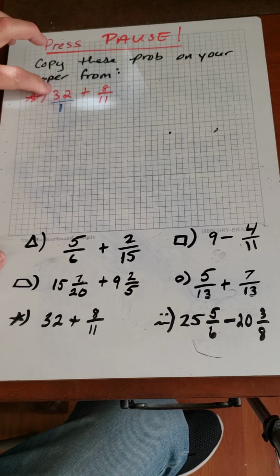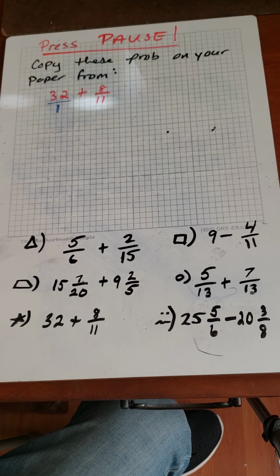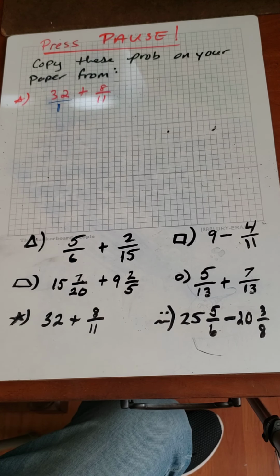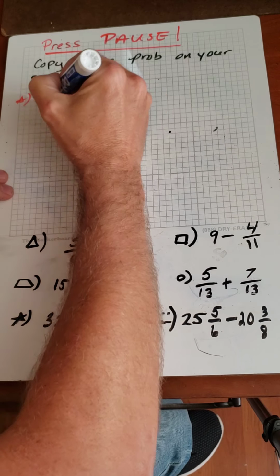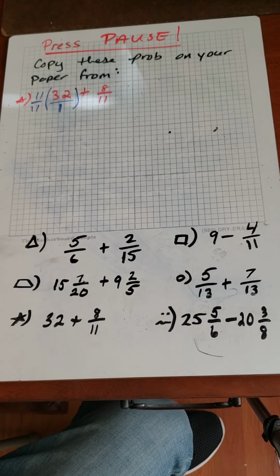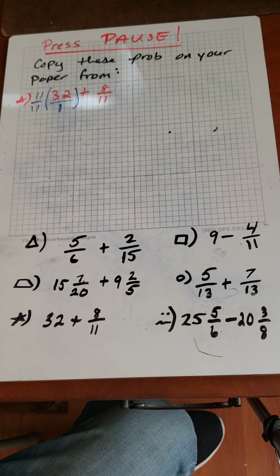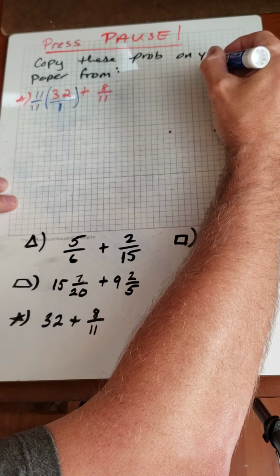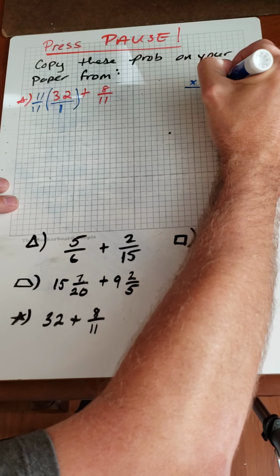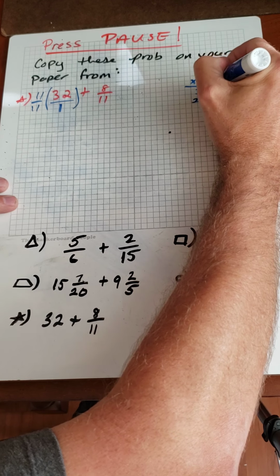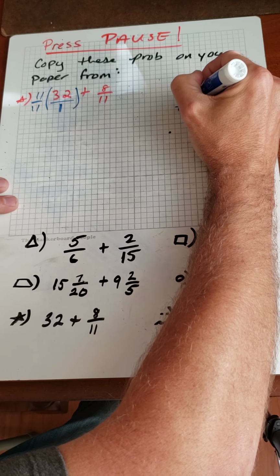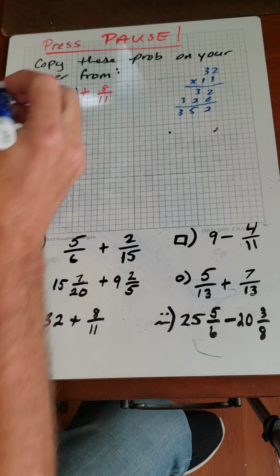So then to make those common denominators, I have to multiply this one by 11 over 11. So I'm going to multiply this by 11 over 11. And so then I need to multiply 32 times 11, which I can't do in my head. So a lot of people do a little side thing over here. They go 32 times 11, and you can multiply this however you want. You can use a traditional algorithm, or you can use one of our alternative algorithms. The more you use the alternative algorithms, the more comfortable you're going to be with them. So this is